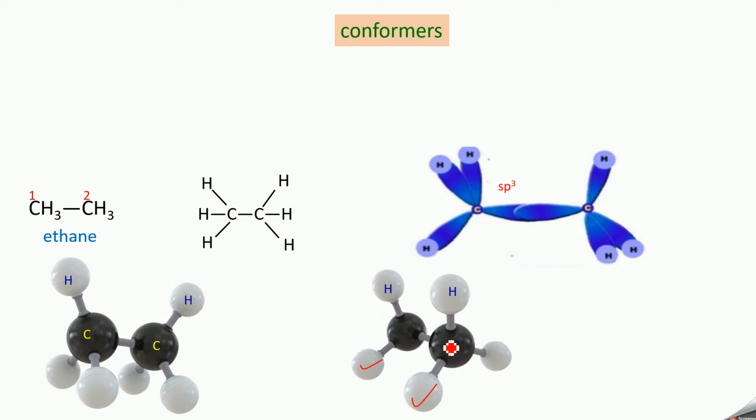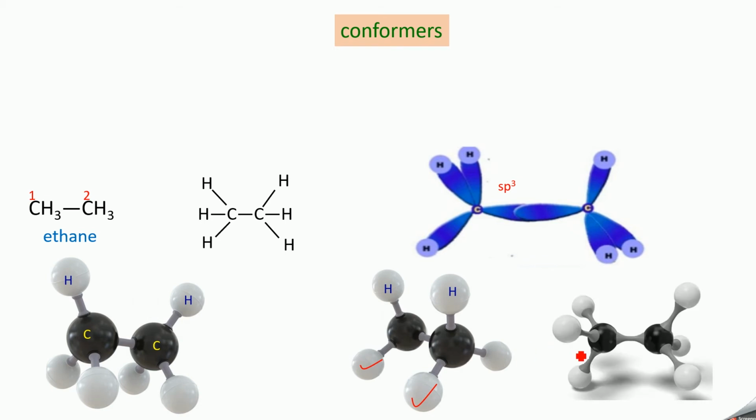Now you fix the front carbon and rotate the back carbon. When you do, you will get it like this. Here these are the hydrogens of the front carbon, there is no change in their position. Here you also see there is no change in the position. But when you see the hydrogens of the back carbon, the hydrogens have slightly shifted their position. Here these 2 hydrogens are in the same line, very close to each other. But here the relative position of these 2 hydrogens, they are not in the same line, there is a slight difference in their position.